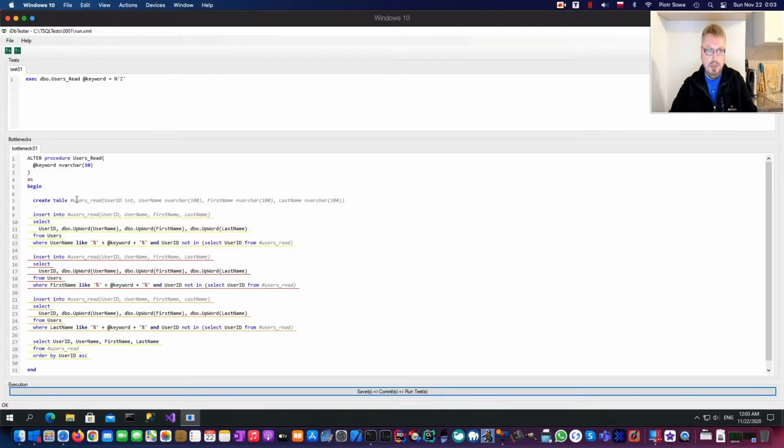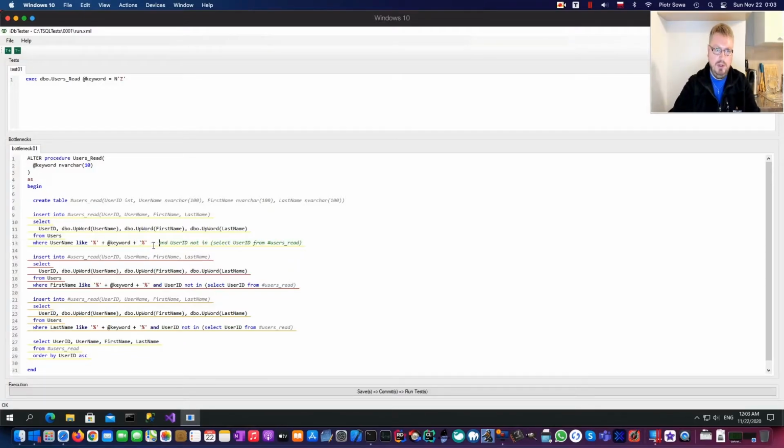Now, how it works: it reads the users temporary table. We insert into this table user ID, upper username, first name, and last name. And there is one mistake: we check user ID from the users read and we insert at the same time. We want to avoid duplication, but there are better techniques for doing that. So for a moment, let's comment out this inefficient part of this query, and to make sure that it will be working,